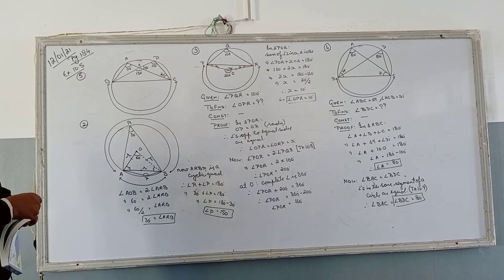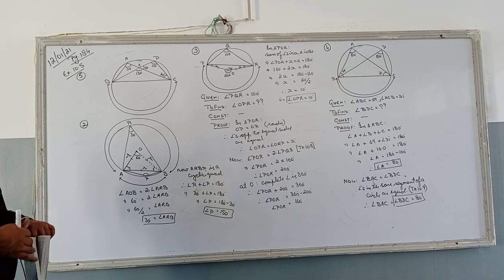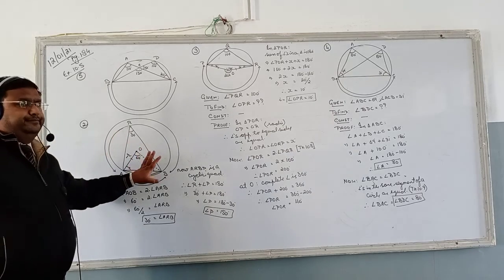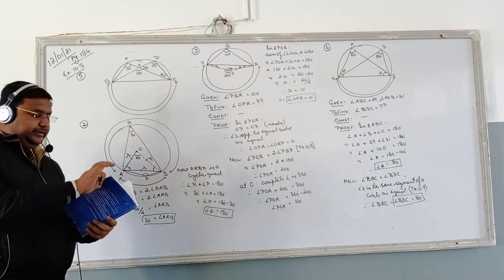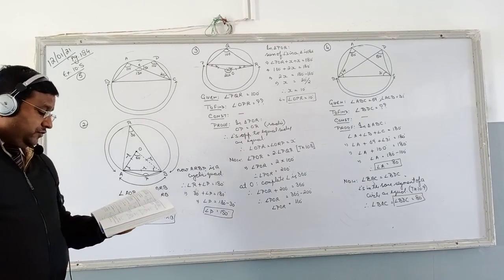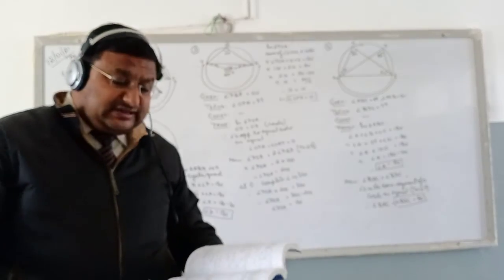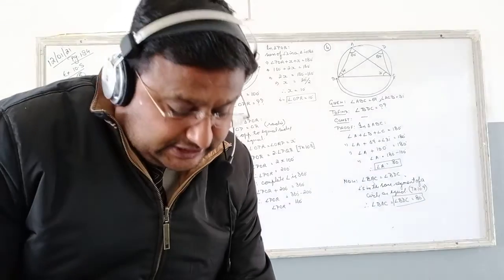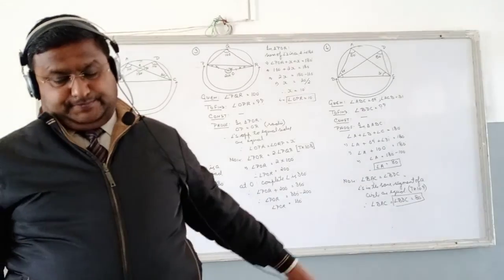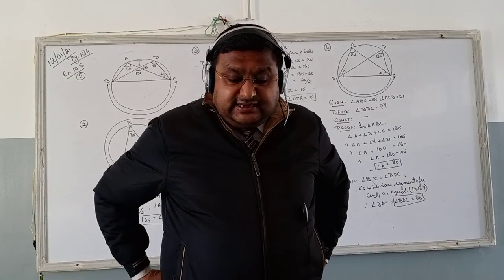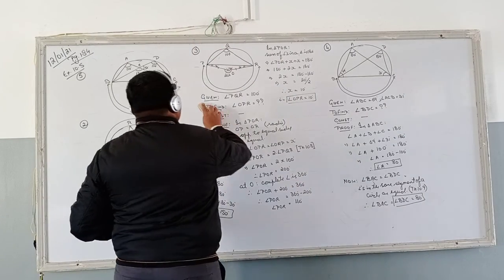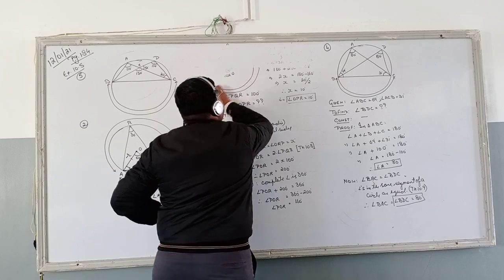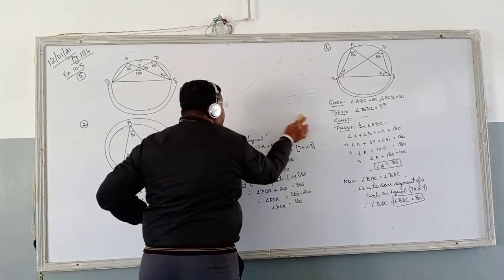Very, very important question. I have solved almost everything. You just have to write it. Clear? Very, very important question. First, second, third, fourth, fifth we have discussed. Question number 6 is also the same. ABCD is a cyclic quadrilateral. Again, he is talking about a cyclic quadrilateral. What is a cyclic quadrilateral? Where opposite angles give the sum 180. So he is saying that